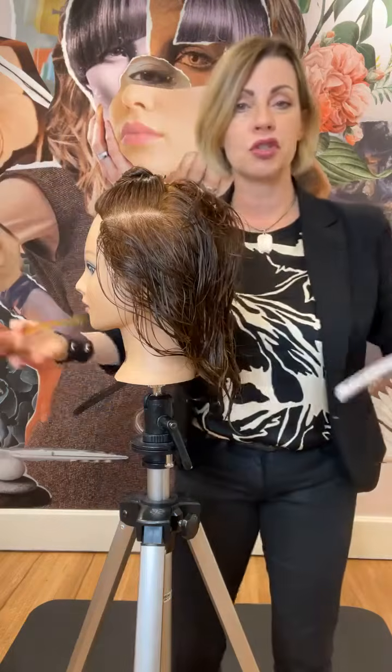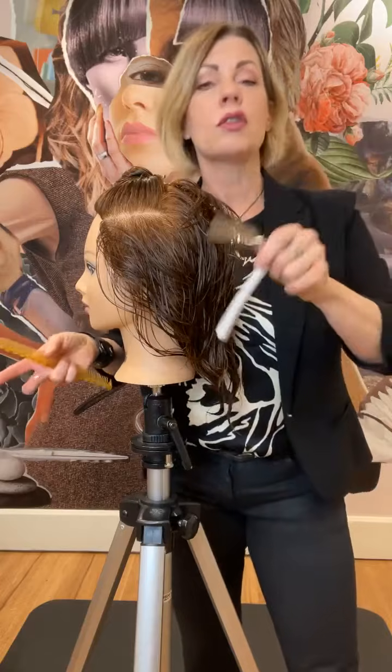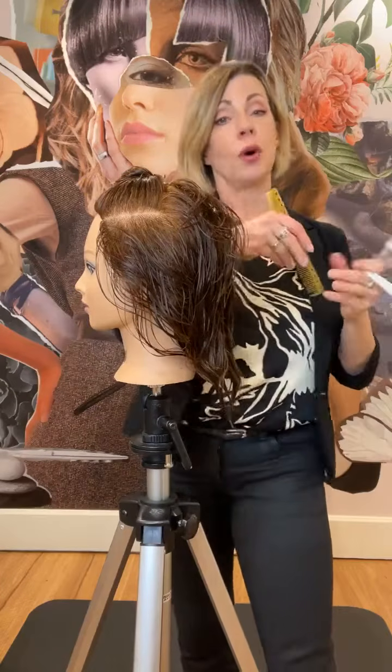And I'm using a medium stroke, meaning I'm just coming up, let's say maybe an inch. You can do a really open stroke where if you want to get really,